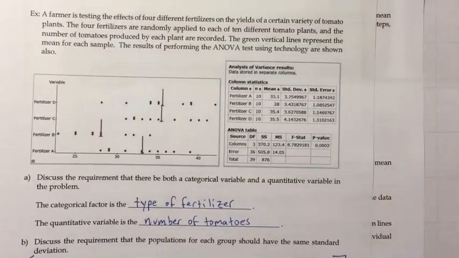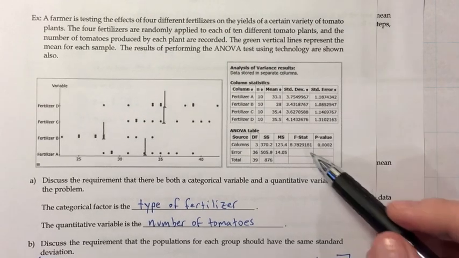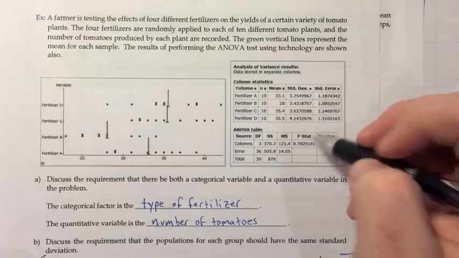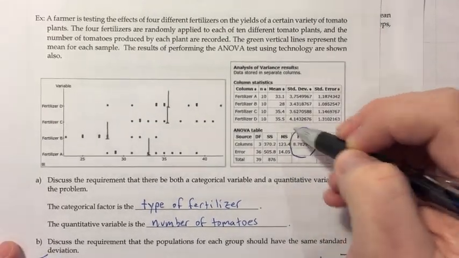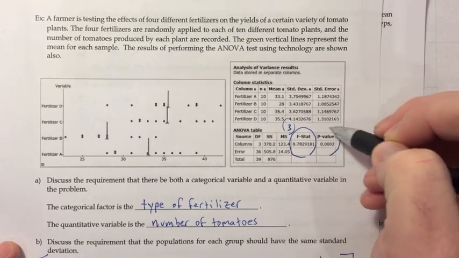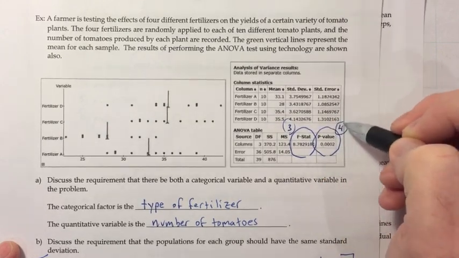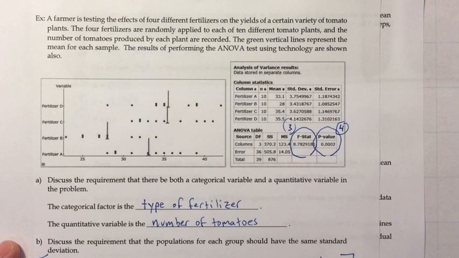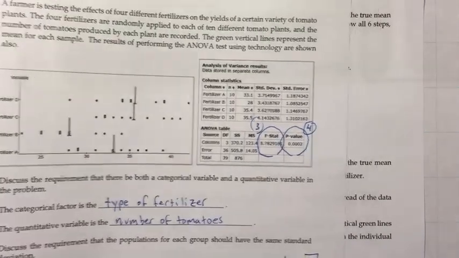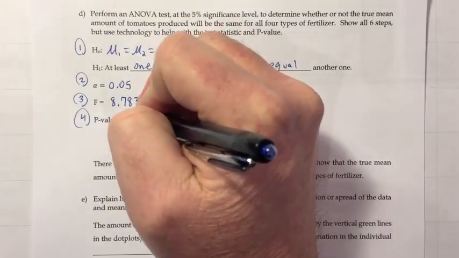So we didn't really have to do anything there. That was just computed for us, and then so is the p-value. So here's our F stat right there, which is step 3, and here's our p-value, which is step 4. So our real job on these, because we're always going to have these little technology outputs, or if we're doing a tech project ourselves, StatCrunch will produce this for us, is just to know where to find the test statistic and the p-value, and then also know how to interpret them, especially the p-value. So the p-value there was